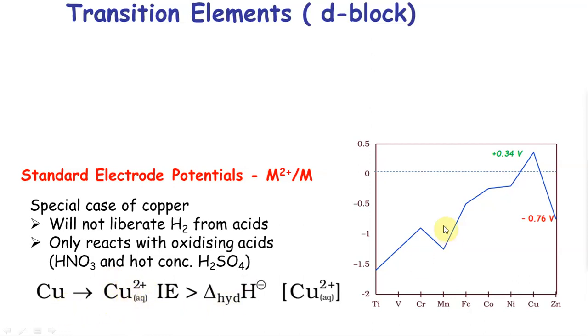One other point I want to mention here, if you look at the values, many of them are actually not going to liberate your metal when you do electrolysis. Looking at iron, cobalt, nickel, anything from iron onwards can be deposited. All the other ones here cannot be deposited because when I pass current, your water gets electrolyzed preferentially compared to the metal. We will see more of this in electrochemistry. When you revise that, you will know.